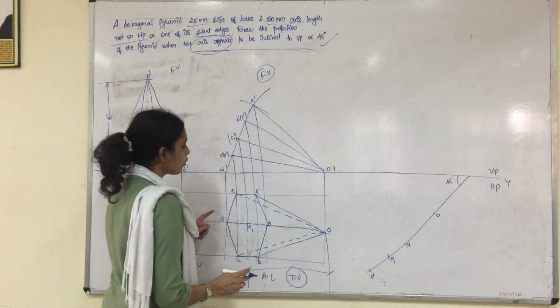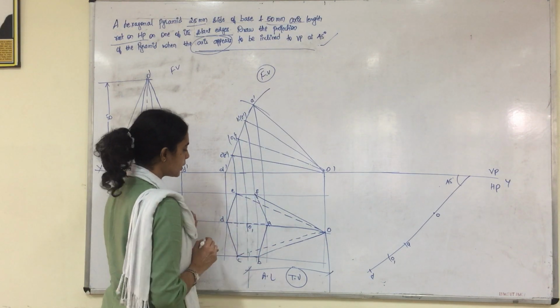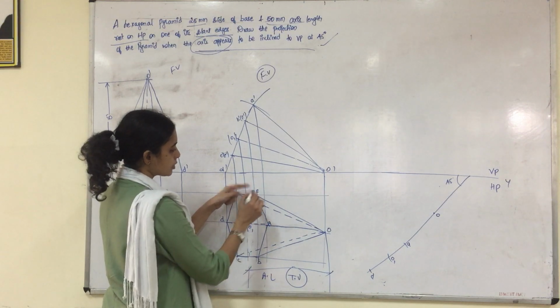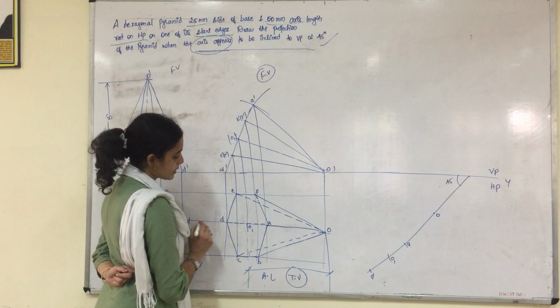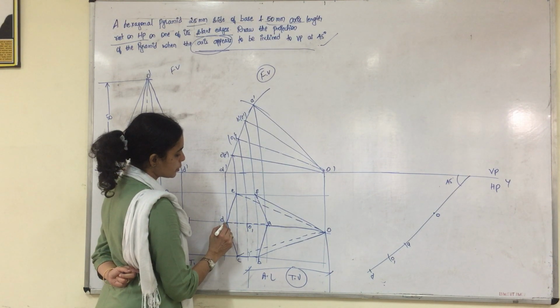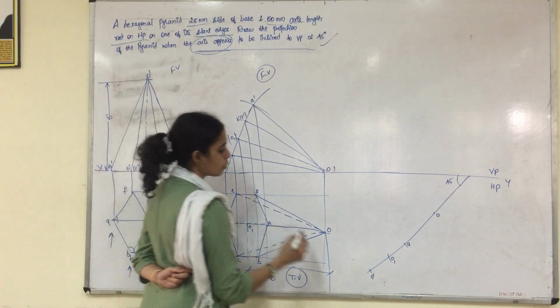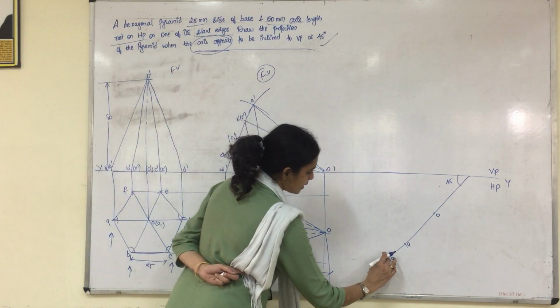After this, now we need to find out the other corners, E, F, C and B. So E and C is along the same line, F and B is along the same line. But you have to identify where this line is coming exactly. So this line is exactly between D and O1. So find out the midpoint of D and O1. So measure from O1 to this midpoint, what is the distance is.